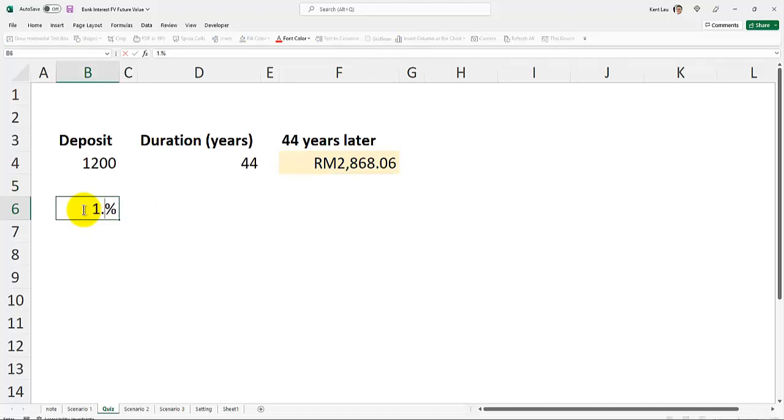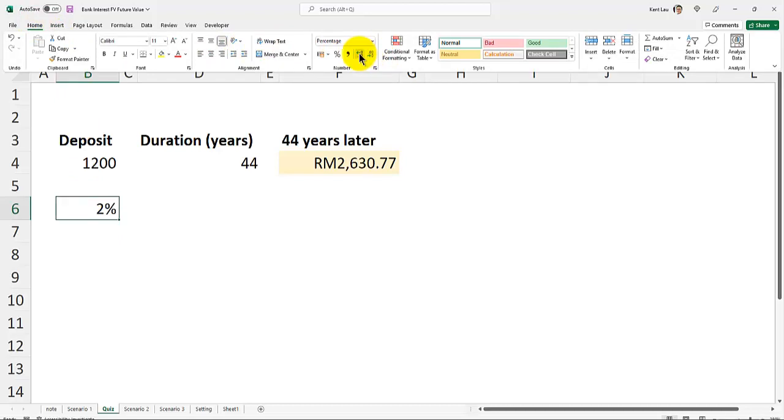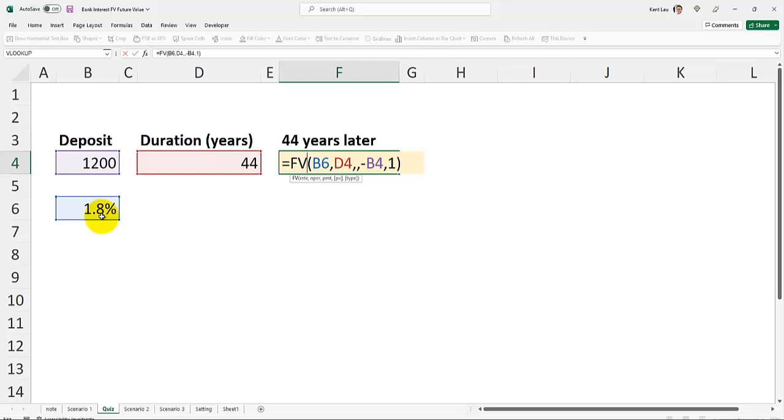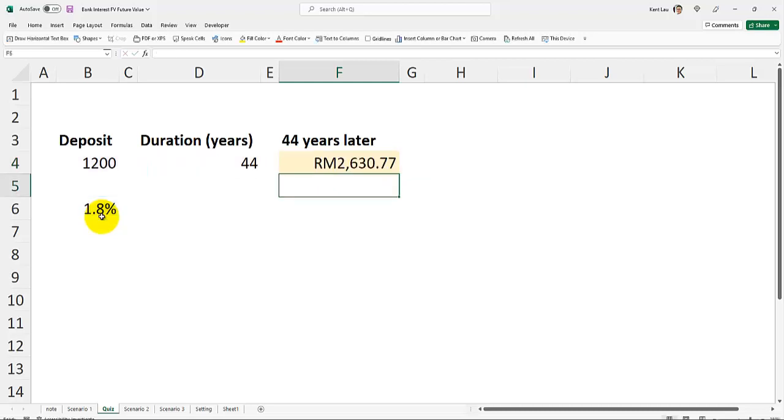1.3 or maybe 1.5 or no, 1.8. Oh, 1.8. Okay, by the way, you can just adjust it, right? So at 1.8% compound interest after 44 years it is 2,630. So what does that mean? That means that